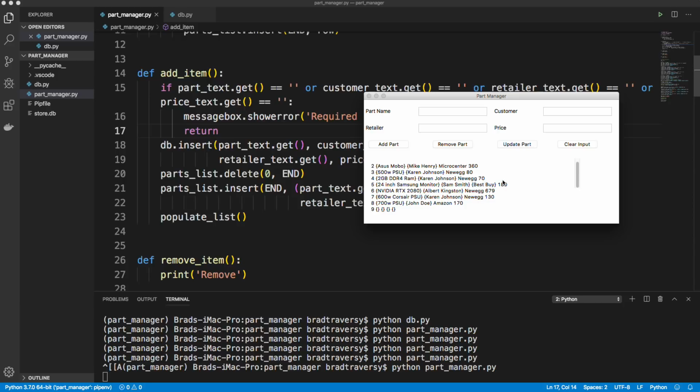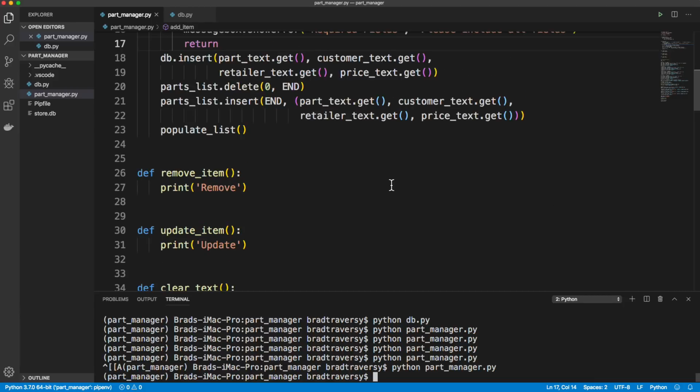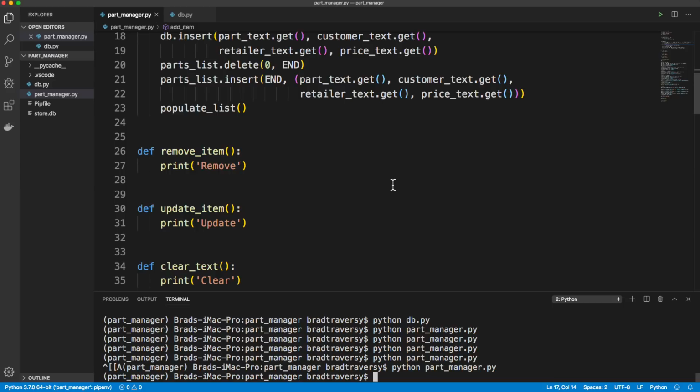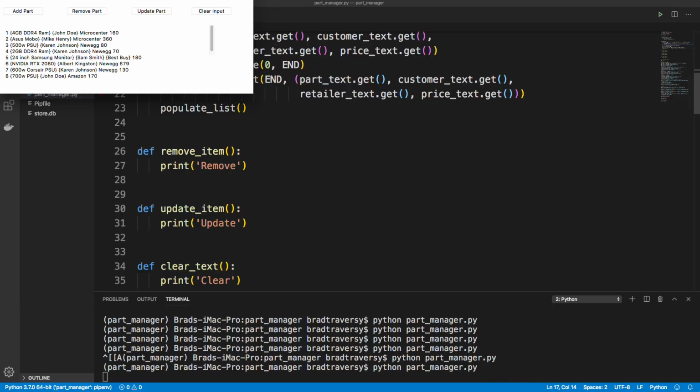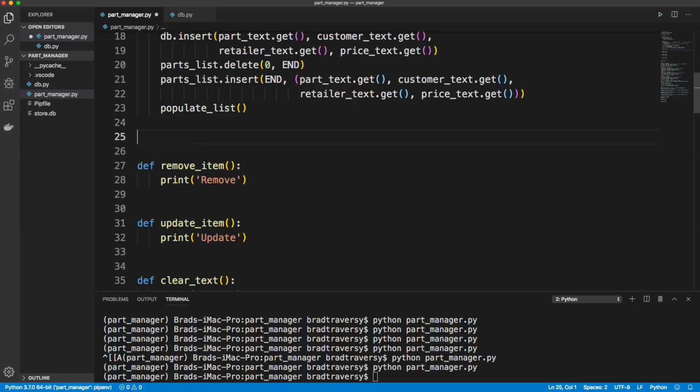Let's see. So let's do the remove. So we'll close that up. We'll go down to remove item. And this is actually going to be a little different because we need to know which one we're removing. And basically, I'm just going to run it again to show you. We can go ahead and select from our list box, and we need to select the one that's selected to remove it. So before we even do remove item, we're going to have another method called select item, and this